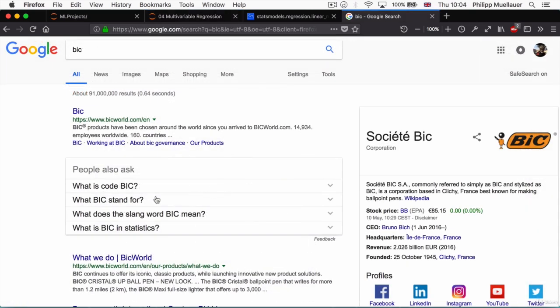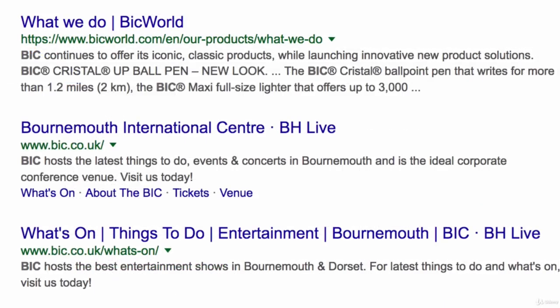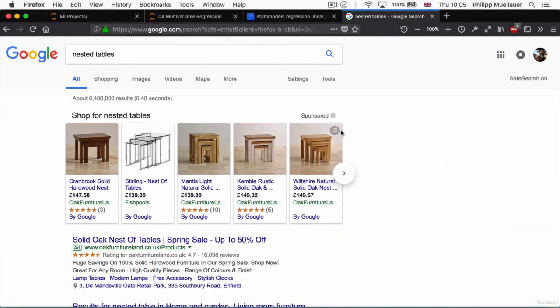Now, as an aside, while putting this lesson together for you, I found myself Googling the word BIC and trying to read up on the information criterion. And for a split second, I was quite confused why all I got on the front page was information about pens and the website of the Bournemouth International Centre. The other time that happened to me was when I read up on nested tables and I was kind of